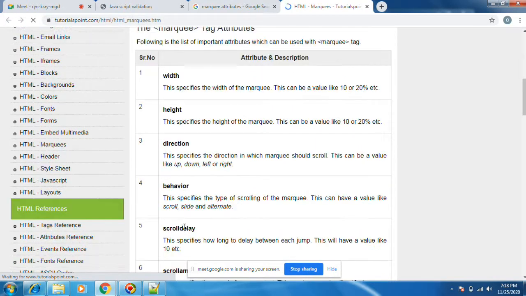Behavior equal to scroll, slide, alternate. These are called marquee attributes.